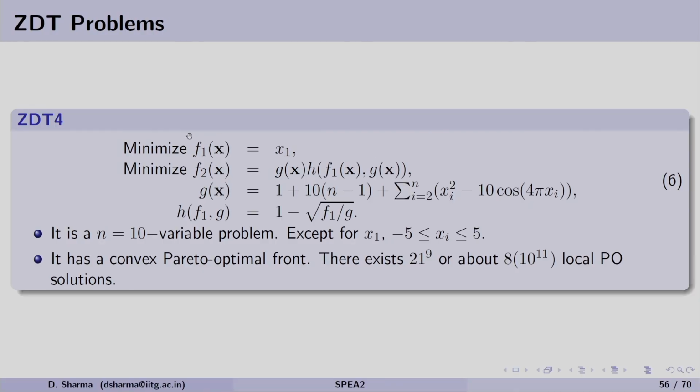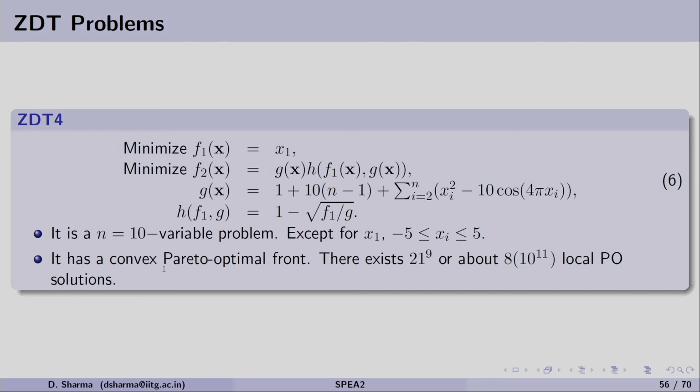After ZDT3 we have the ZDT4 problem. In the ZDT4 problem we can see the form of G is changed and H is the same as ZDT1. In this case, we will be solving a 10 variable problem, where x1 will lie between 0 and 1, and the rest of the variables will lie between -5 and 5.